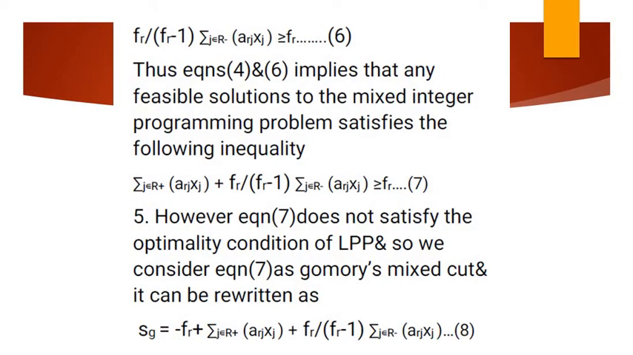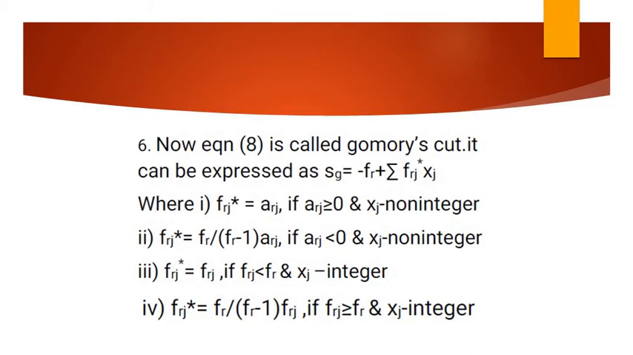as a Gomory's mixed cut, and it can be rewritten as Sg is equal to minus fr plus sigma arj xj when j belongs to r plus fr by fr minus 1 into sigma arj xj when j belongs to r minus. We take that as equation number 8. Now this equation 8 is called the Gomory cut. Here Sg is called the Gomory slack variable, and it can also be written as Sg is equal to minus fr